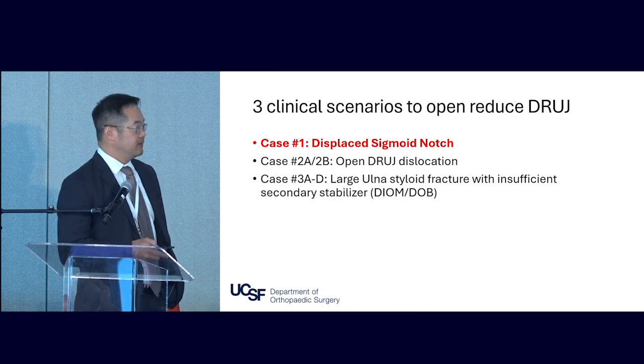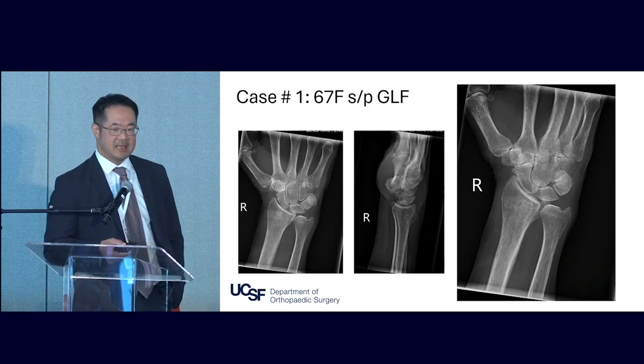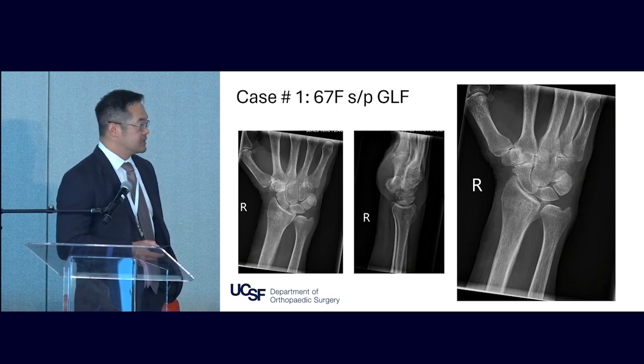Number 1, I think for me, this is not very controversial: when you have a displaced sigmoid notch. So this is a 67-year-old female, ground level fall. If you look at this fracture, you think, it doesn't look that bad, I'm just gonna cast it, right? But a couple of things that I wanna point out: if you look at this lateral,